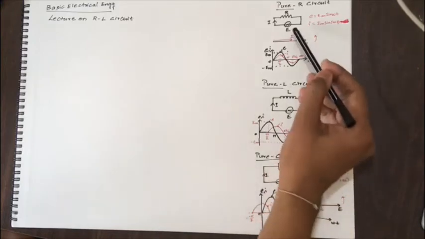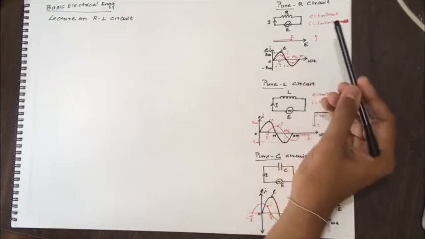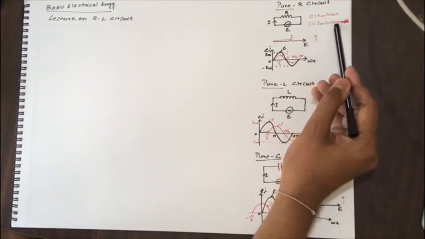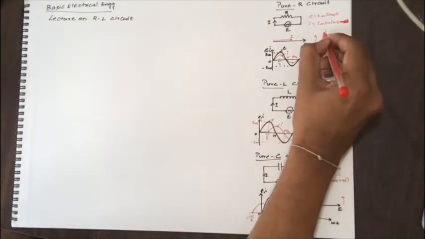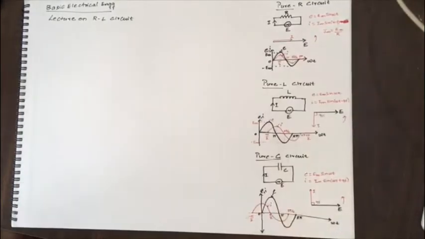So if I apply a voltage of instantaneous value e equal to Em sin omega t, then i will be equal to Im sin omega t. This already we have derived and we have seen in the previous class, where Im is equal to Em upon R. The maximum value of current Im is equal to Em upon R, where R is the resistance of the circuit. And we also have seen there the current will be in phase with the voltage E.